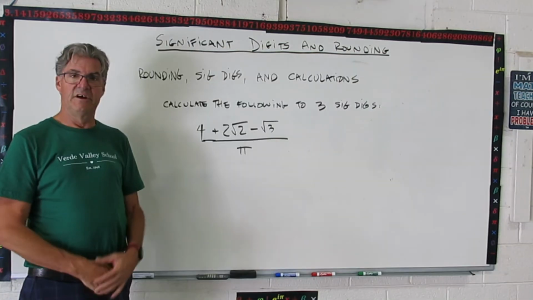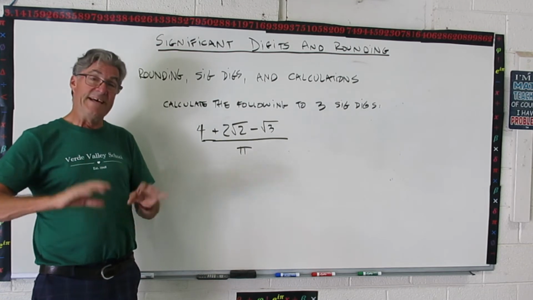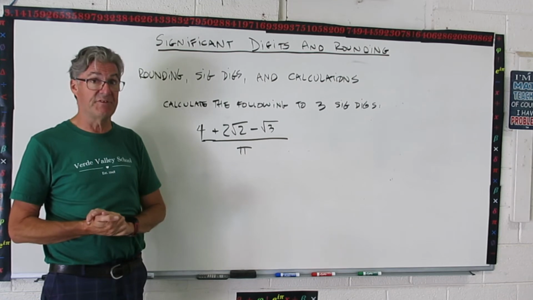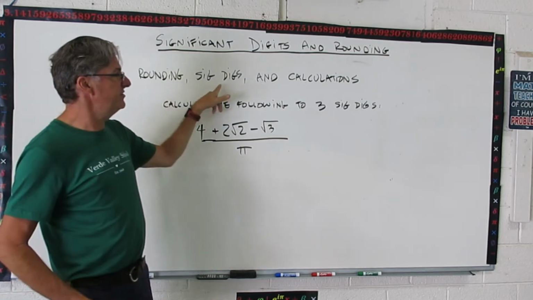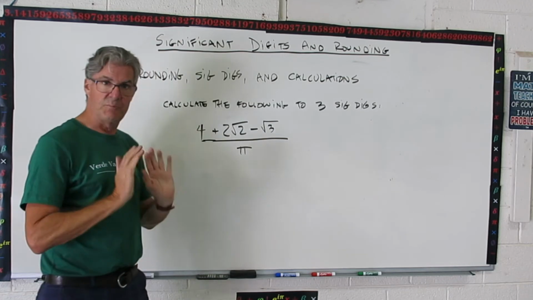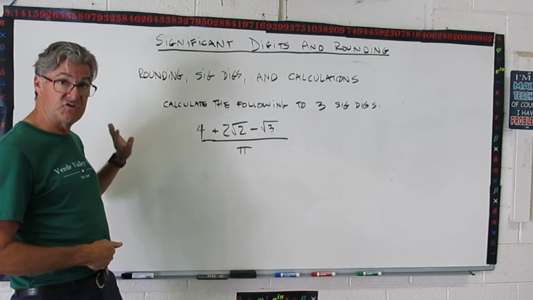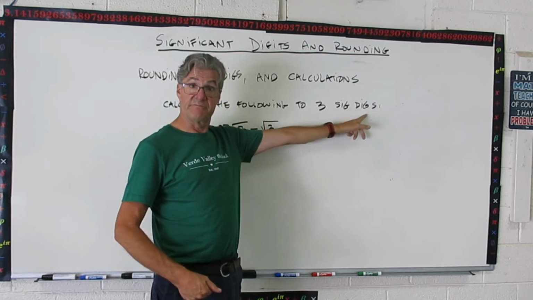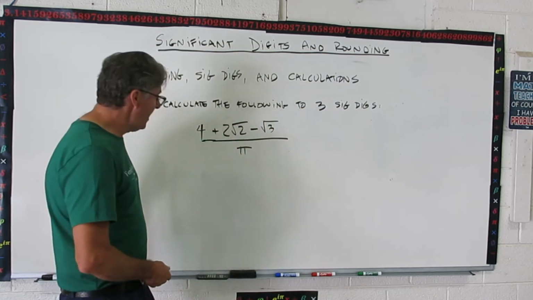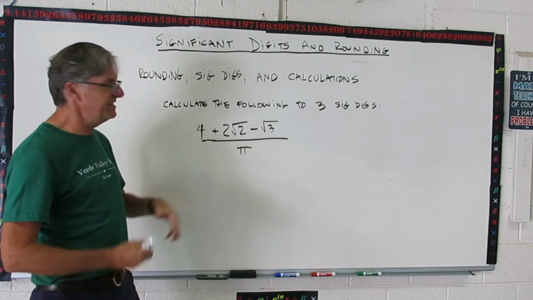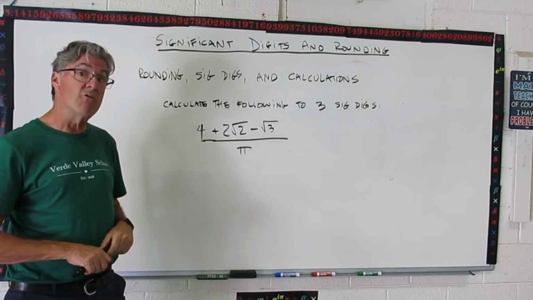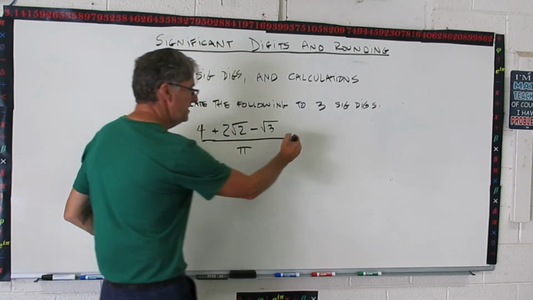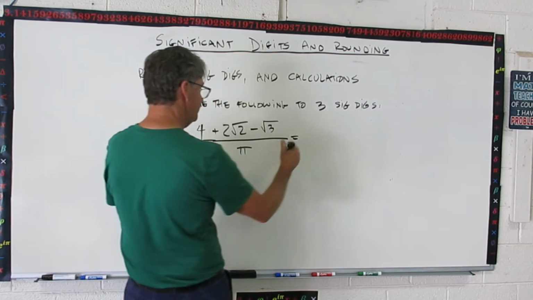Okay? Okay, so let's bring this stuff home in a calculation problem. This is a pretty common kind of instruction you'll get with the IB. We've got rounding, significant digits, and calculations. So let's do one. This is a pretty straightforward calculation. Here's the type of instruction you might see. Calculate the following to 3 significant digits. Okay? So what you're going to do is pull out your calculator and key this in such a way that you don't round it early. You want to leave all the values in your calculation, and then when that spits out, you're going to get something like this,